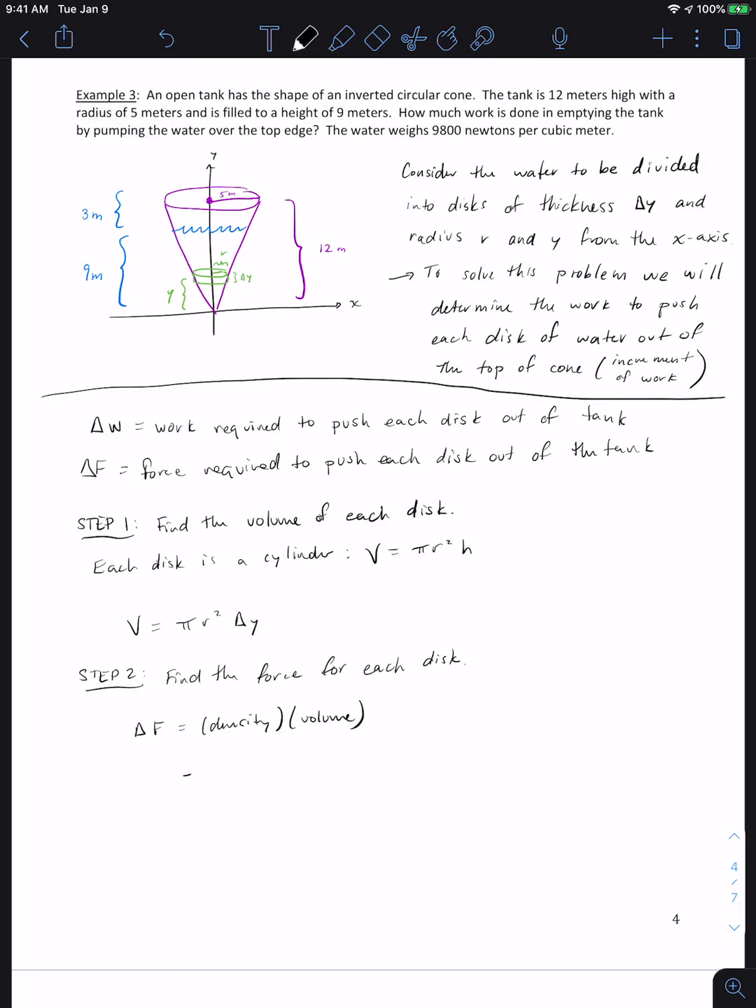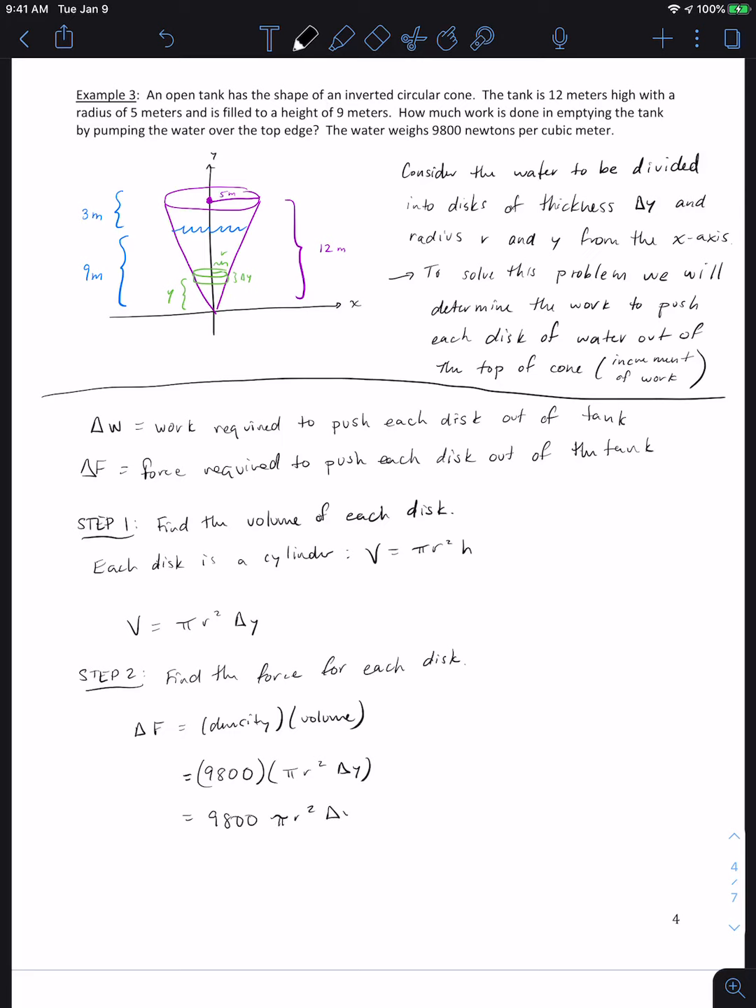Okay, well, the density is given in the problem there. It says water weighs 9,800 newtons per cubic meter. So this is 9,800, and then I'm going to multiply that times the volume, which we just found to be pi r squared delta y. Right, so this is 9,800 pi